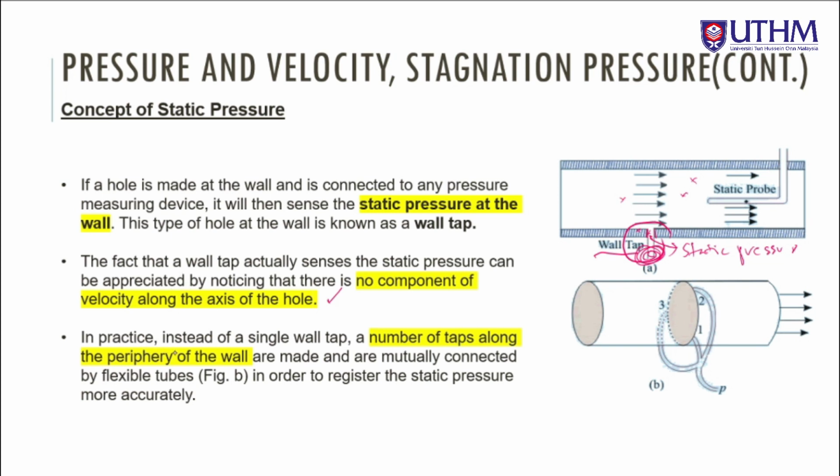So in practice, instead of a single wall tap, a number of taps along the periphery of the wall are made and are mutually connected by flexible tubes. So we can also use this multiple wall tap to calculate the static pressure, but mostly we will use this wall tap. Okay,